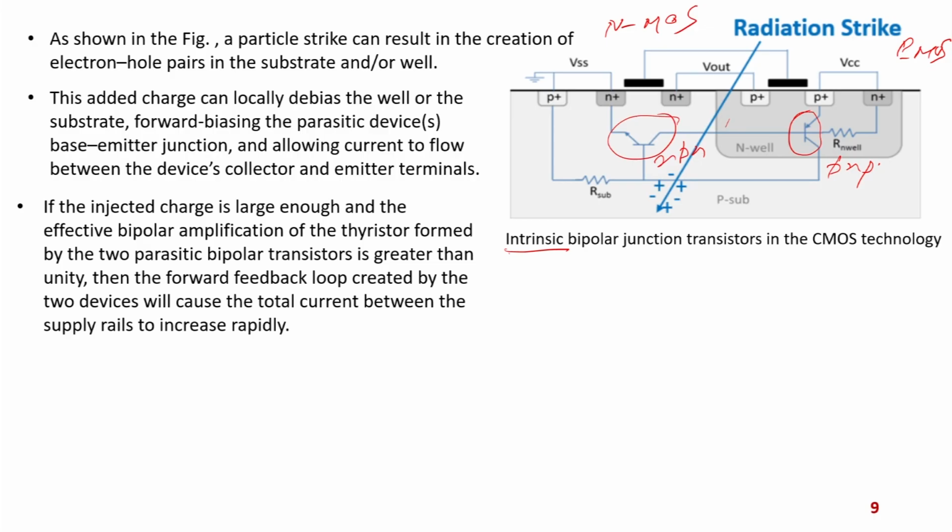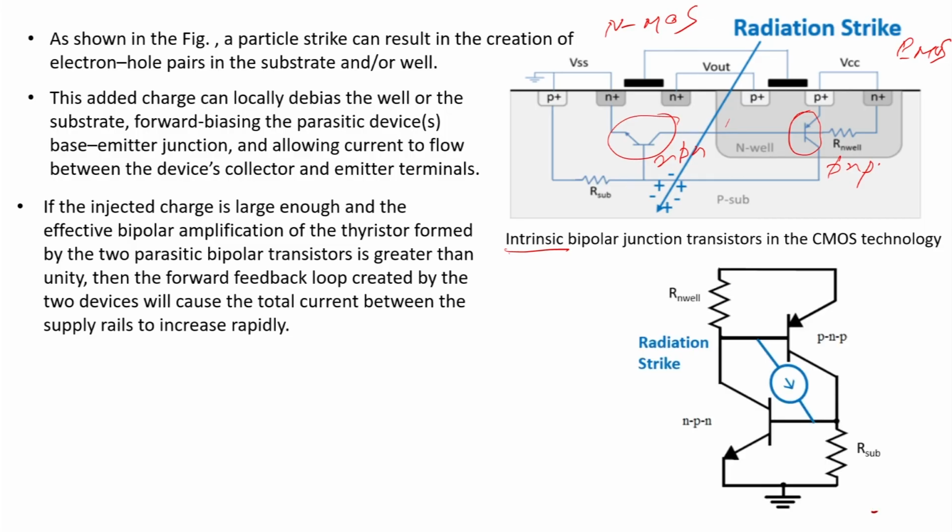If the amplification factor is greater than unity, then the forward feedback loop created by the two devices will cause the total current between the supply and ground rails to increase very rapidly. So, you see, this is the thyristor formed by these two parasitic